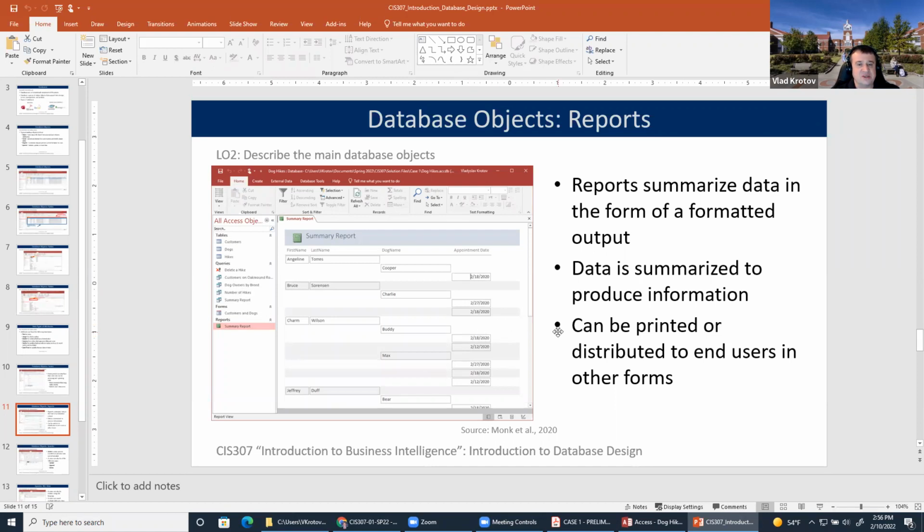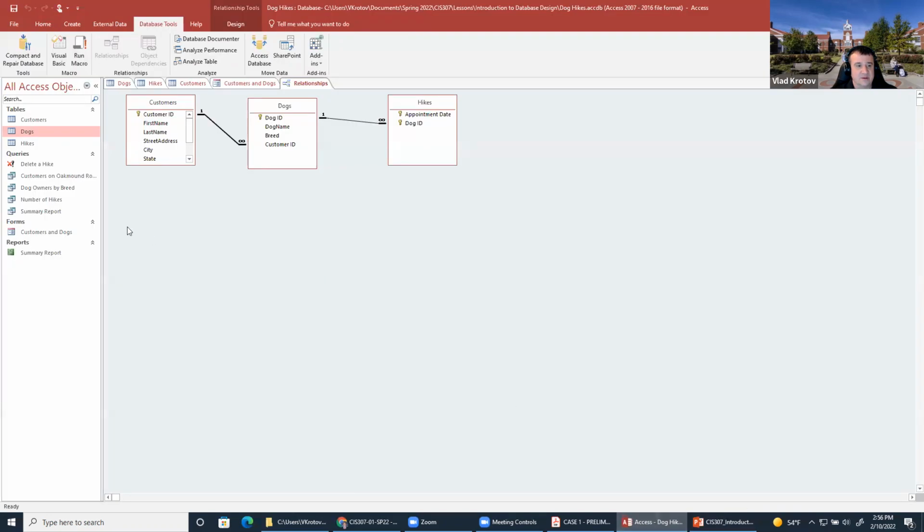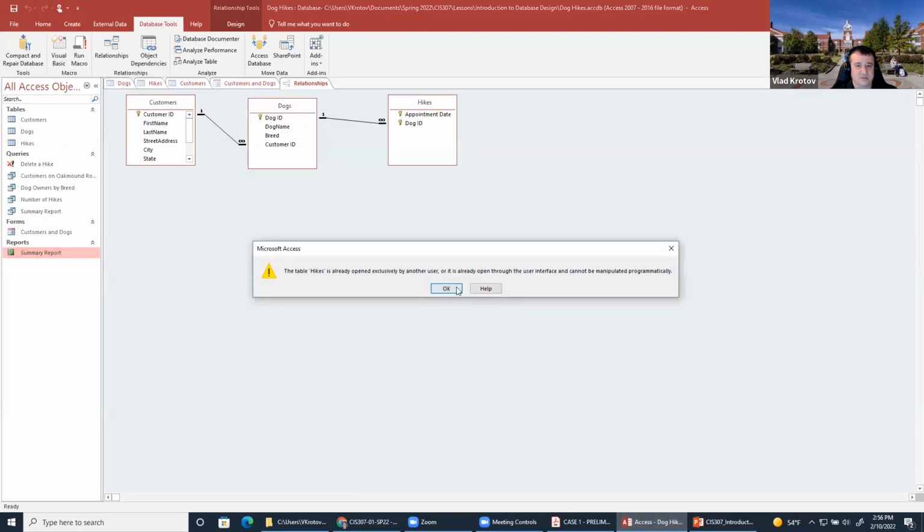So it's about sending somebody a snapshot of data. Usually the data is summarized, it's aggregated. So a report is not just raw data, it's usually summarized data, maybe aggregated by customer or by dog, okay? Also, I would like to mention one thing. You can generate reports directly from your tables, but it's considered to be a bad practice. So this is the report that I'm